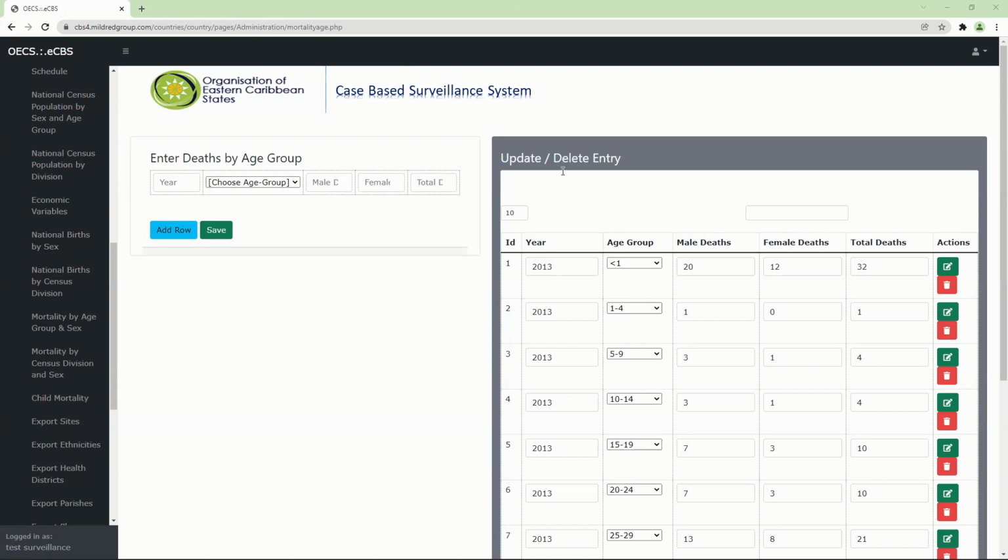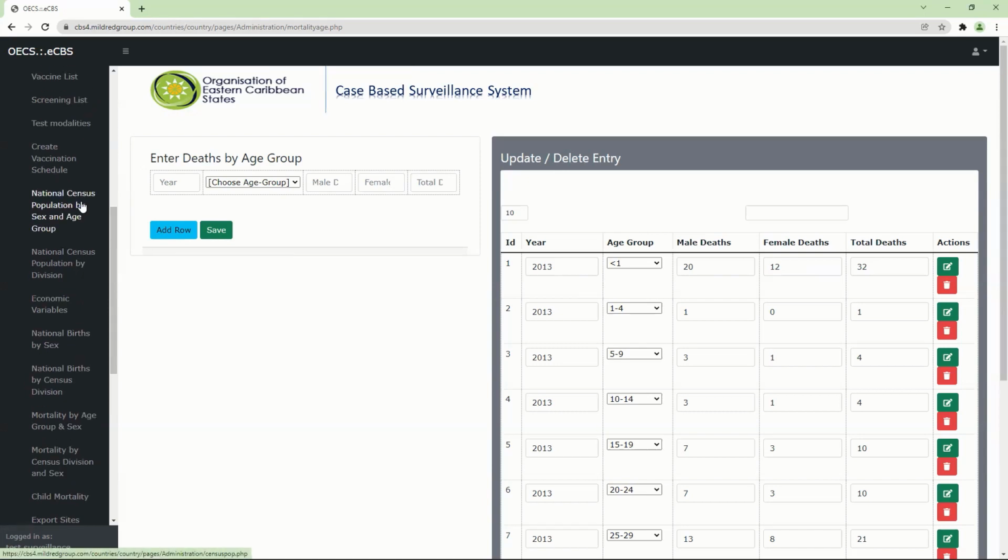Okay, so when you enter this census population or any of the surveillance reporting or dependent variables, which starts from the census population, you must enter those census population variables for the reporting year or less than the reporting year of the earliest health record you are entering on the system. So for those entering past records, if my past record is a 1998 past record, I want to come here and make sure I have a census population that is equal to 1998 or